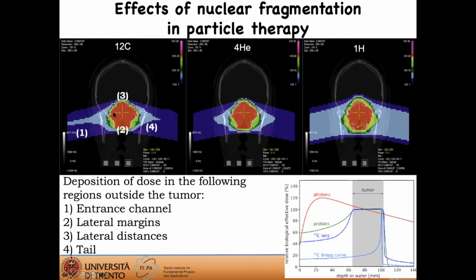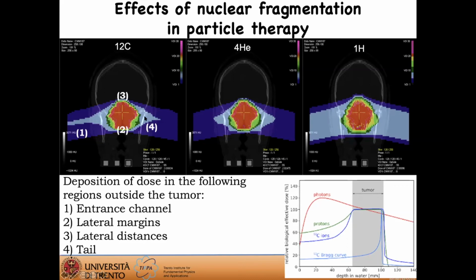But what you do see is actually a dose in the surrounding, let's say the entrance channel or in the tail, the side of the tumor. And you do see that this region here and here and here, there are different colors. The fact there are different colors is due to a different fragmentation